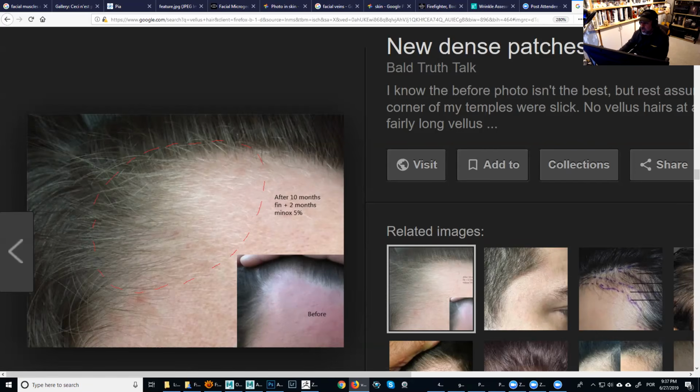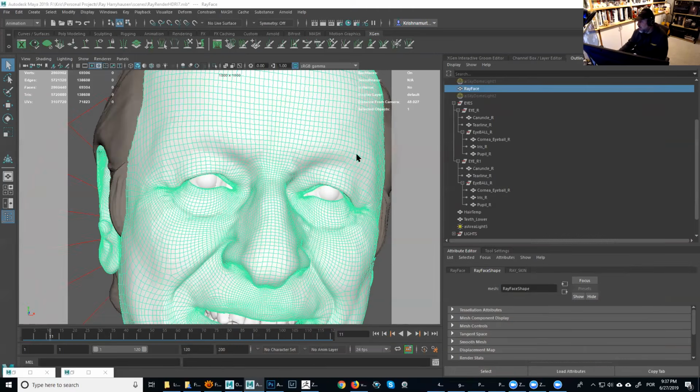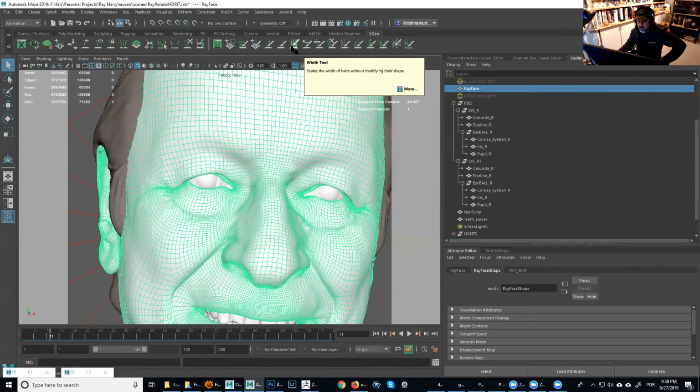So if we actually add peach fuzz in the entire head, you can use a brush. My favorite brushes in here from XGen are the length brush and the thickness brush, right? So you can do this one here. Let's see, oh, it's resting in there. It's not showing the name. Let's see if it's going to show. Yeah, the width brush, and the other one is this one here. That's the length brush, and then there's the cut. That's this one here. So those 3 brushes are the ones I'm gonna use the most here, and also of